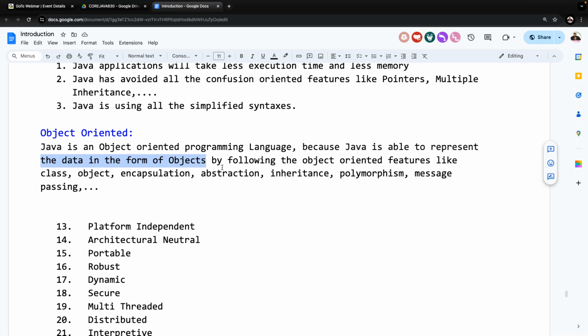In relative comparison with other programming languages, Java is more object oriented, C++ is somewhat less object oriented, and C is not object oriented. On the basis of how much data you represent in the form of objects, we conclude which programming language is pure or partially object oriented. But still this is our level of discussion only. This point is not confirmed by the language providers. Are you all getting clarity on this point now? Can I move forward?